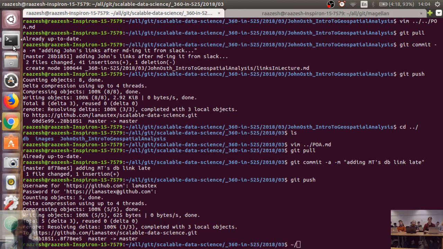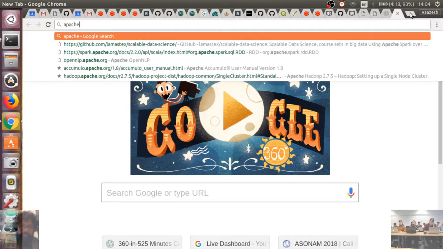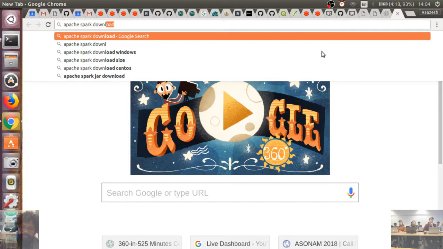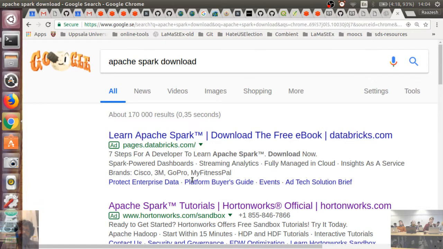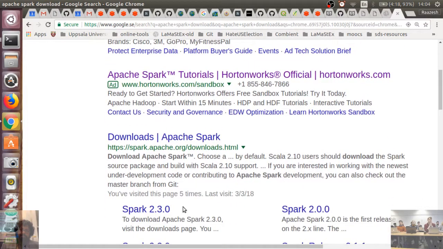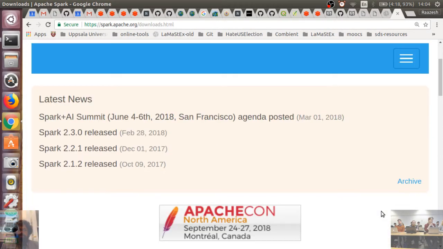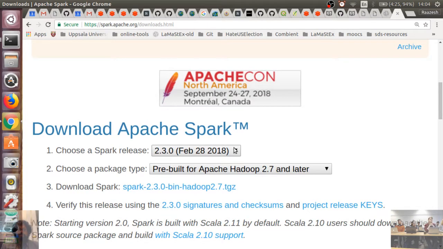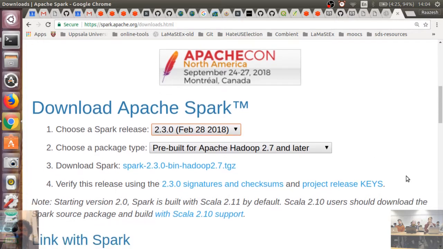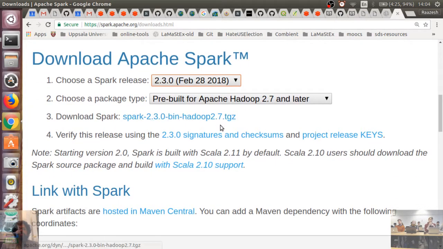So if you go to Apache Spark, you can actually download whatever version of Spark you want. I'll just take Hadoop 2.7, and then you can just download it. It'll tell you the one specifically for your operating system. Once you download it, then you can basically